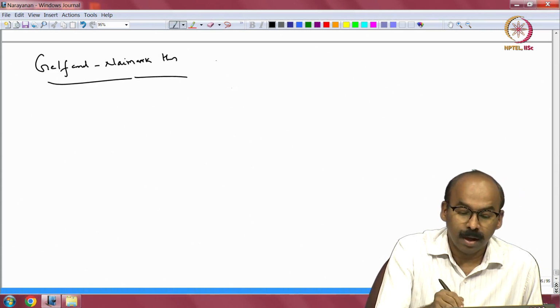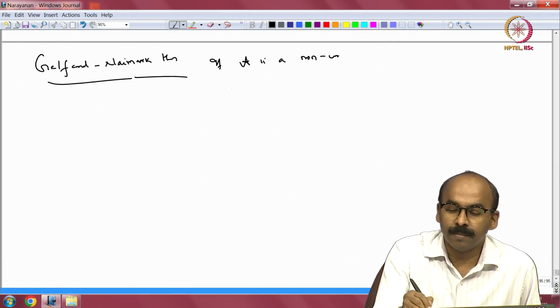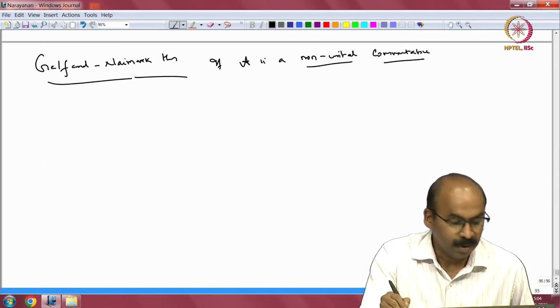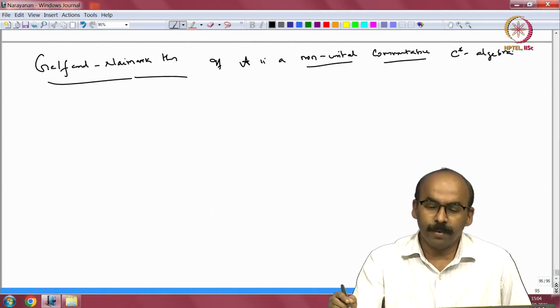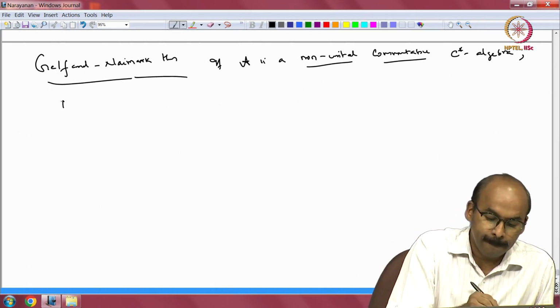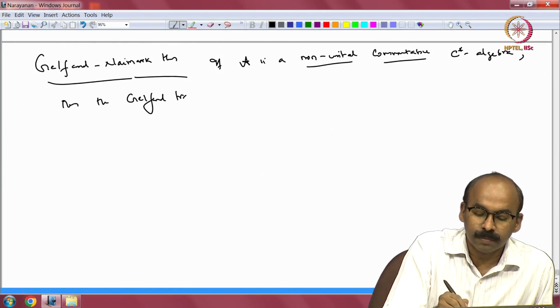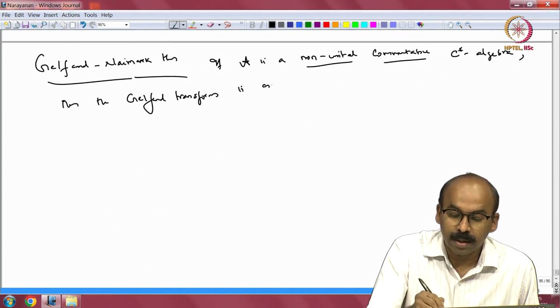So, if script A is a non-unital commutative C-star algebra, okay, so we have a non-unital commutative C-star algebra, then the Gelfand transform is a star isometric